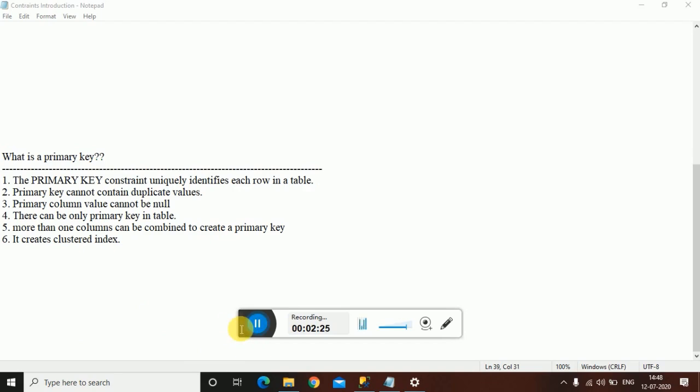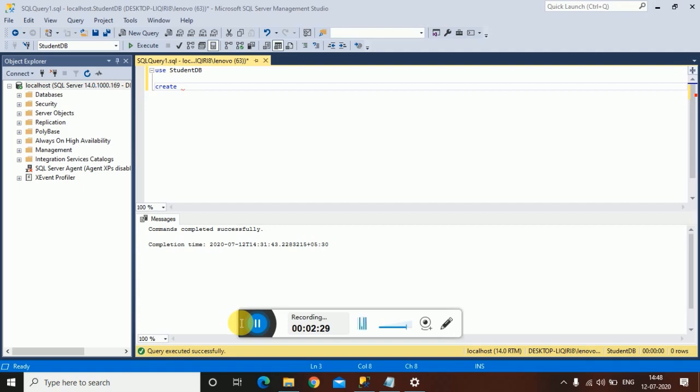So now we'll move on to how to create a primary key constraint. In the last session, we created our student DB. So we'll create one table in our student DB. I will create a table department. Create table department. It will have two columns. ID, which will have a data type of integer.